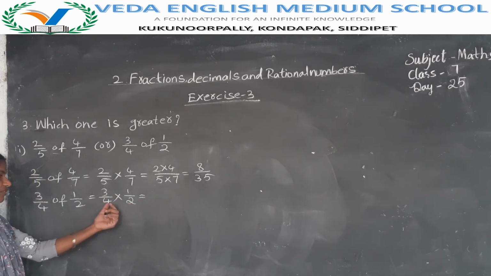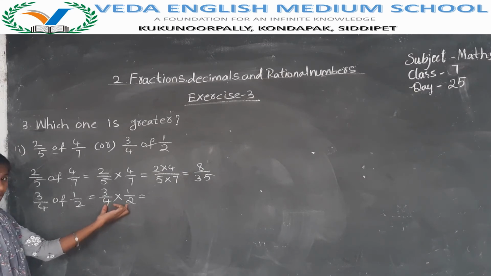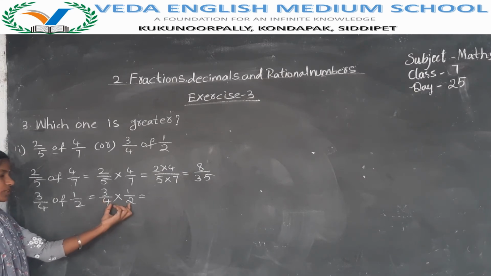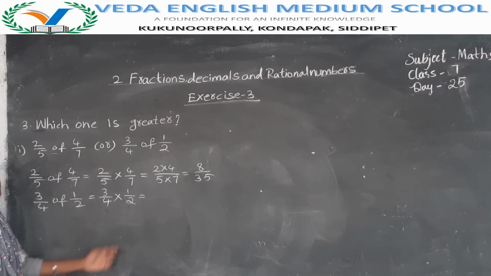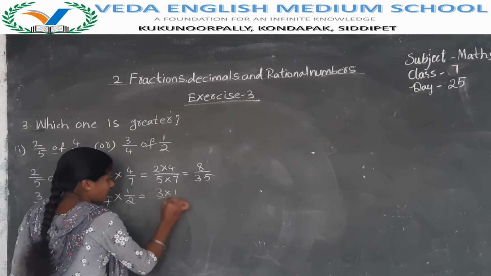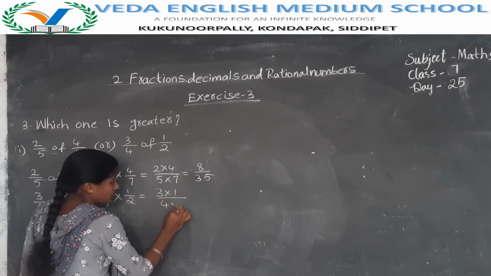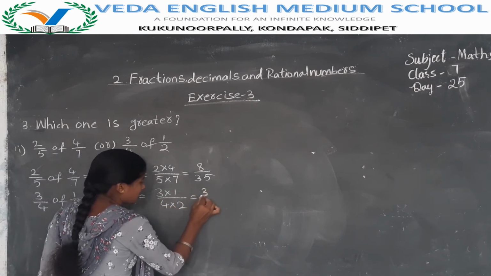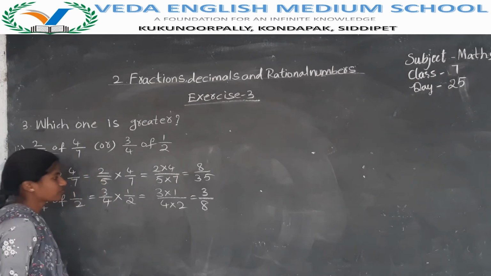Madam, here we have 2, here we have 4. We can cut on it. Here there is a possibility we have to cut. No, here it is not possible. Both are denominators only, two denominators. Is there a possibility to cut? No. If you have two denominators, then you should not cut that. So multiply 3 into 1 by 4 into 2. 3 ones are 3 by 4 twos are 8.